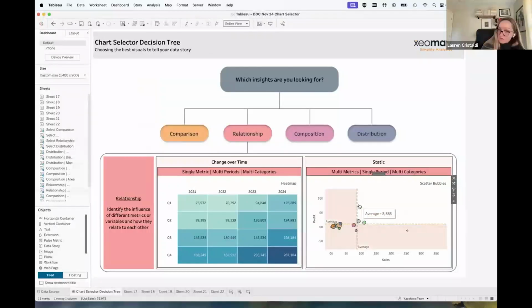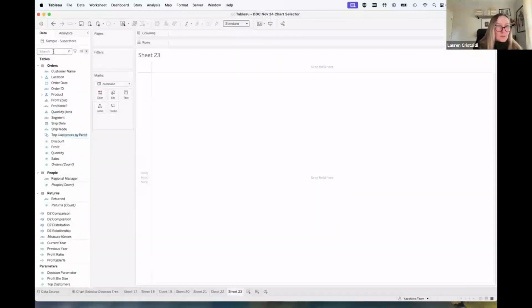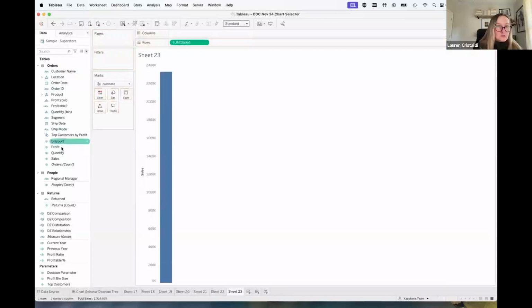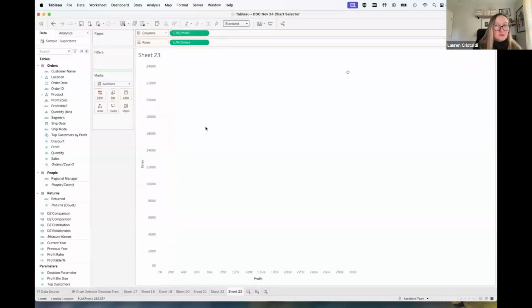For the scatter bubbles, just with the two variables, this one doesn't have, with the three, with quantity. So if we bring sales onto rows and profit onto columns, and it could be any of these. And right now it looks a little weird because we only have one dot, but that's because we need more on detail.